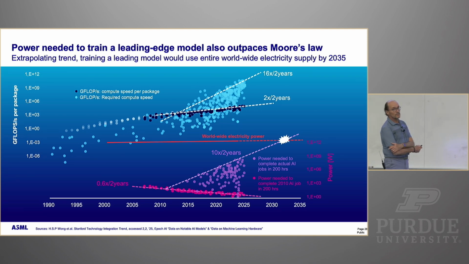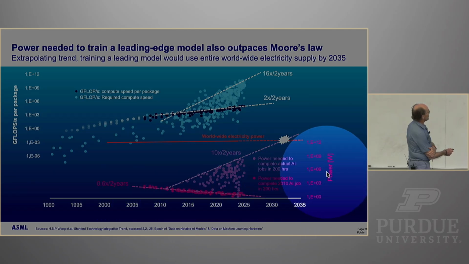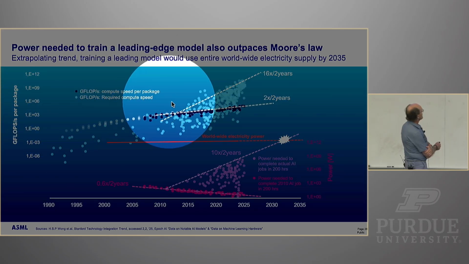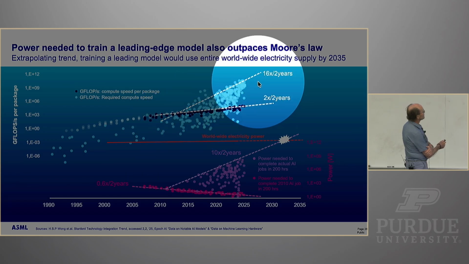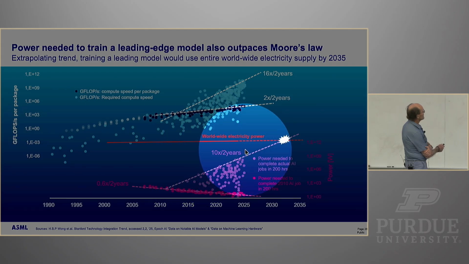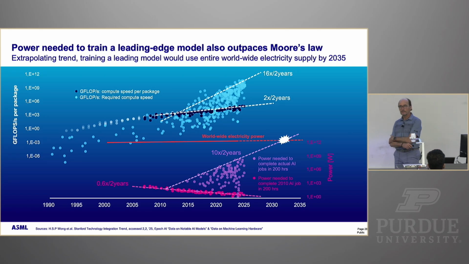Well, then I'm simply going to buy more hardware. And the hardware, luckily, is also getting a little bit more power efficient. So here you see a scale of power. Here you see a scale of compute. And to drive this compute, I need to buy so much hardware that guess what is happening with the power consumption? By the mid-2030s, unless we do something dramatic, 100% of the world energy consumption will be in data centers. That's obviously not going to happen, right? That's nonsense. So something needs to happen.